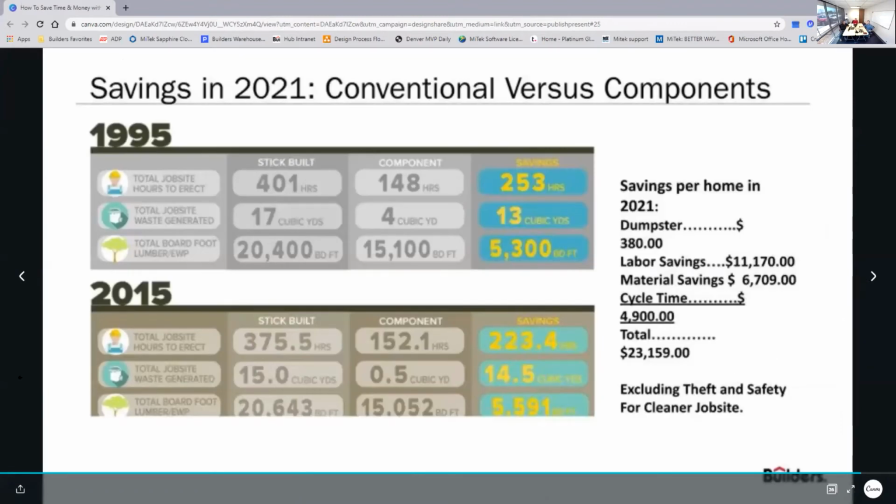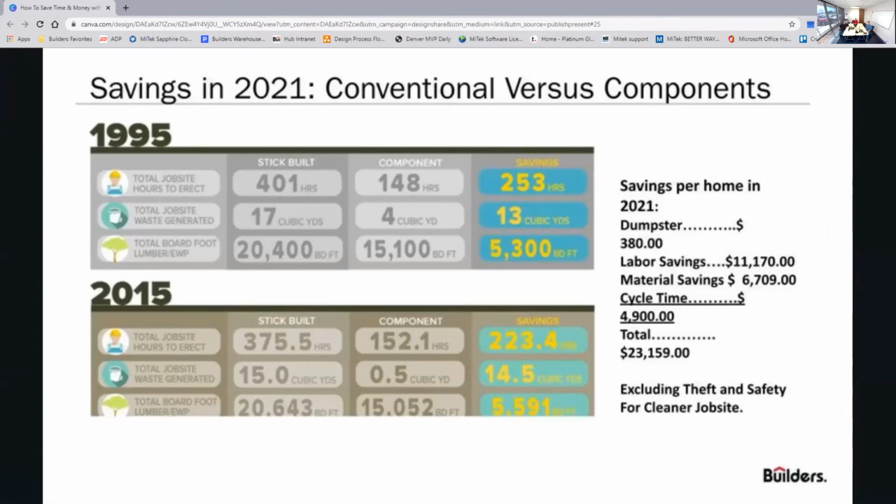All right. In 1995, they did the same thing at the National Home Builders Association in Houston. And you can see the values. That was a 1,900 square foot home where there's 253 hours of savings in labor, 13 cubic yards worth of material difference in waste generated. And the board footage, it saved 5,300 board feet. In 2015, it was a 2,900 square foot home, and there was a savings of 223 labor hours, 14.5 cubic yards less waste generated, and